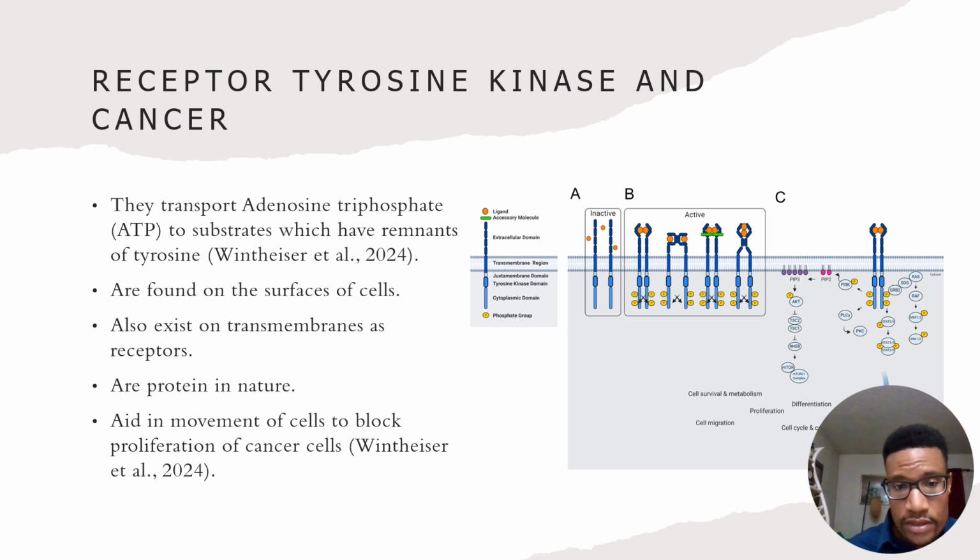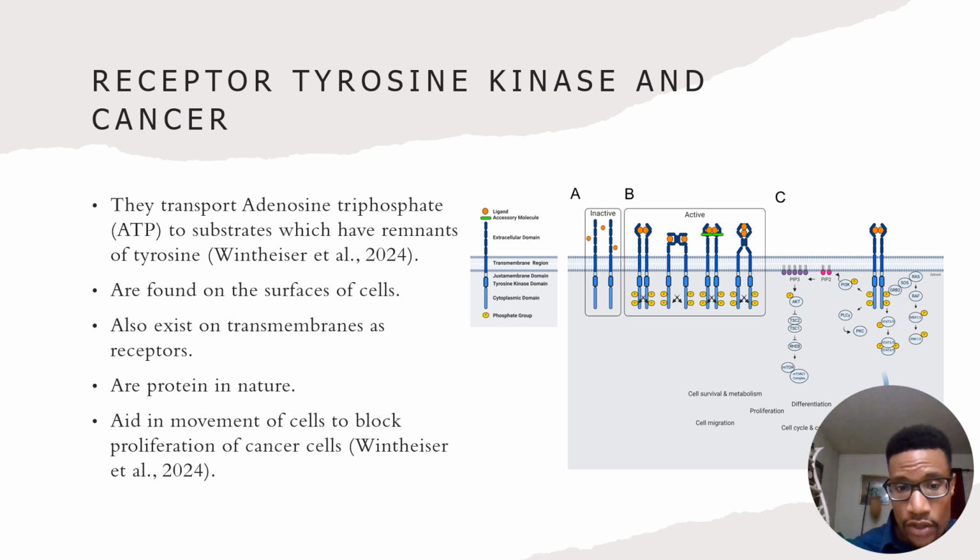So now let's discuss receptor tyrosine kinase and cancer. So the role of tyrosine kinase in cancer: when over-signaling of tyrosine kinase occurs, uncontrollable growth of cells starts. RTK hyperactivation may lead to suppression of apoptotic genes that may reduce the death rate of a cell. This will lead to changes in adhesion properties and movement of cells, called metastasis.